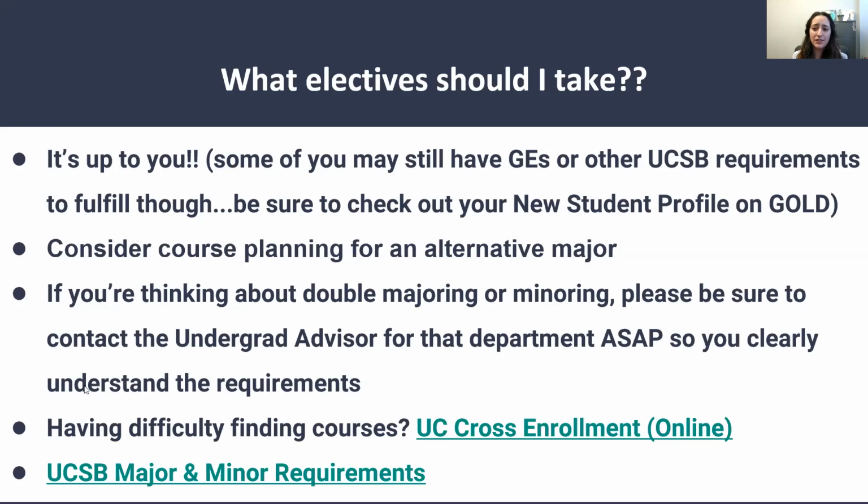Another question we get is, what's a good double major or minor to pair with comm? And since comm is so broad and interdisciplinary, we like to say that everything is good with comm. So we encourage you to explore other courses outside of comm to see where your interests are and where they intersect with communication. A lot of students choose to double major in very closely aligned social sciences or arts and humanities. So like film and media studies, as popular psychology, sociology, anthropology, linguistics, global studies, or education minor, or other really popular ones. So like I said, be sure to visit the general catalog linked on our slide and view those just ahead of time, just so you get an idea of what else is offered at UCSB.